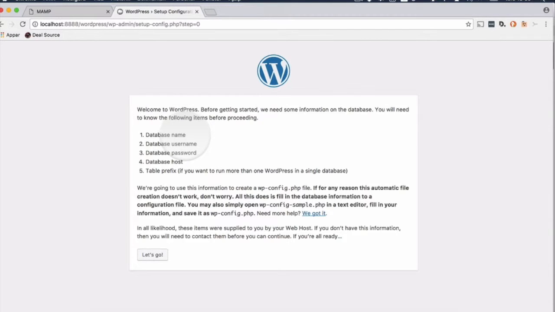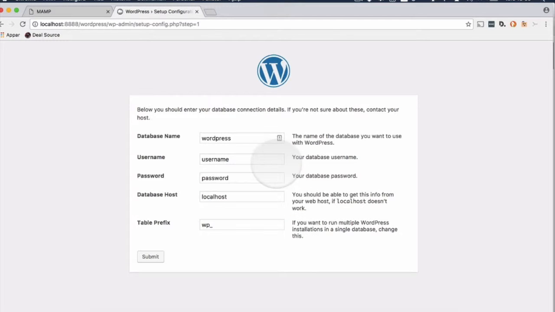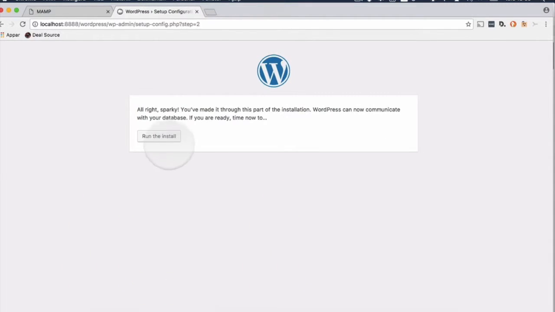The data we have already created, wordpress is the database name, the username and the password is root. So let's go. WordPress, here we will write root, here we will write root, and here we don't change anything, and we don't change anything here either. Click submit, run the install,